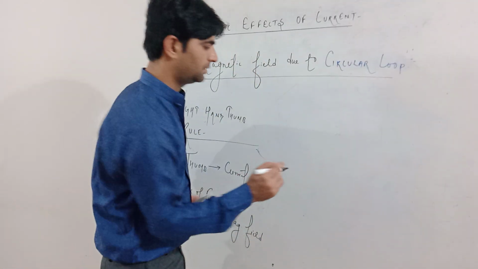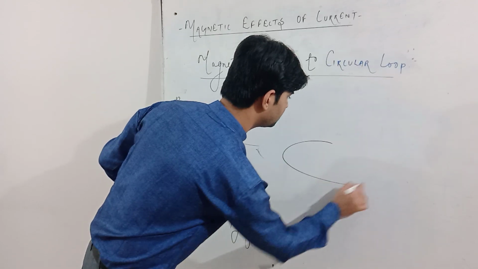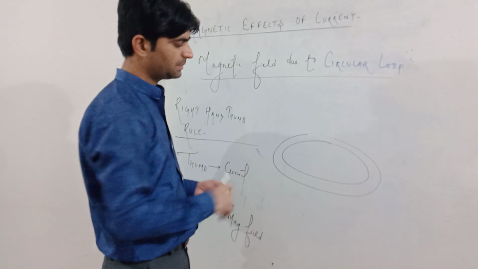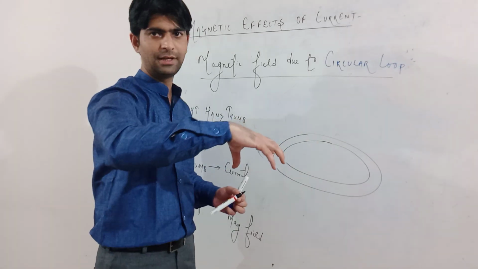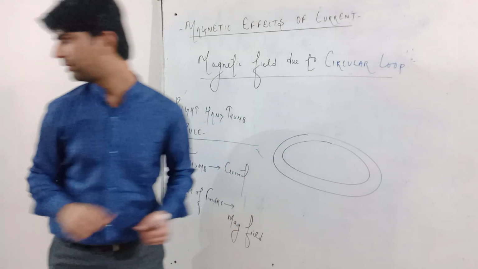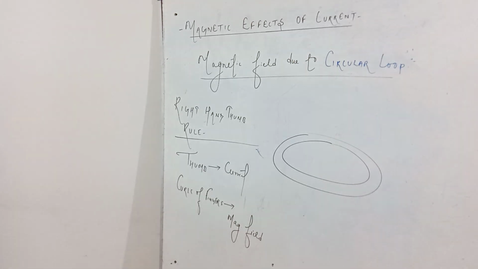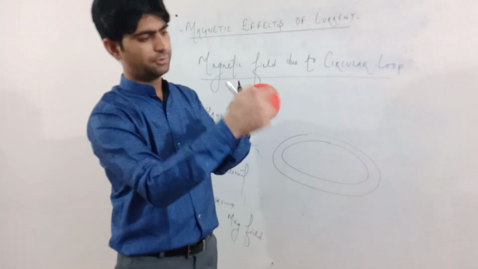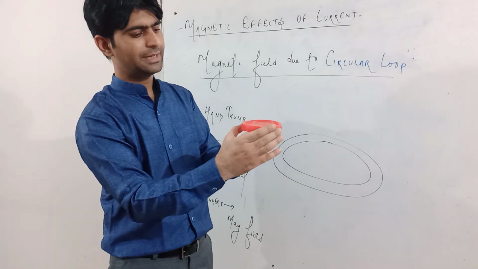Suppose if I take this as a circular loop, suppose this is my circular loop, ये मैंने एक लूप लिया हुआ है, ठीक है, मैं आपको दिखाता हूँ यहाँ पे. Suppose this I take a circular loop, अब इसको मैंने ऐसा होल्ड किया होगा.